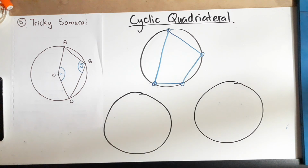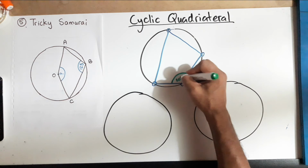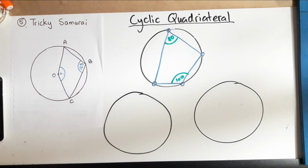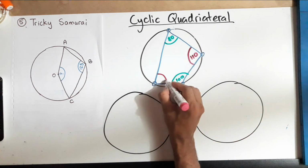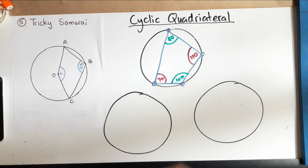So that means, let me get a different color here. If here was 100 degrees, the opposite angle has to be 80, because the opposite angles must add up to 180. Similarly, if over here was 110, over here would have to be 70. The opposite angles must add up to 180. Alright, so